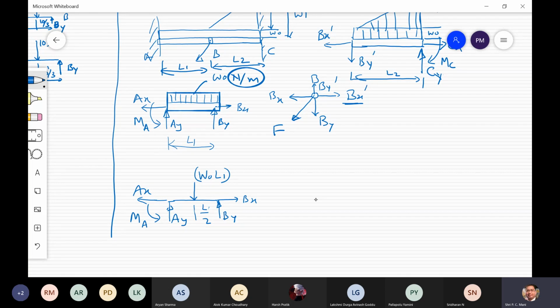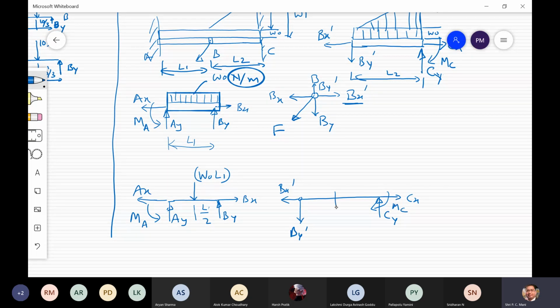Similarly, the second part you will have Bx prime, By prime. Okay, and here your Cy, Cx, just like you have drawn, and this is Mc, and the weight